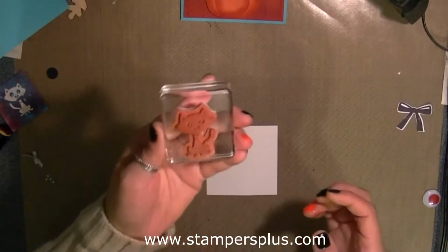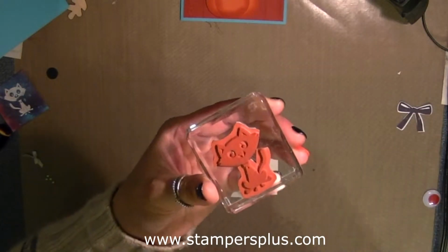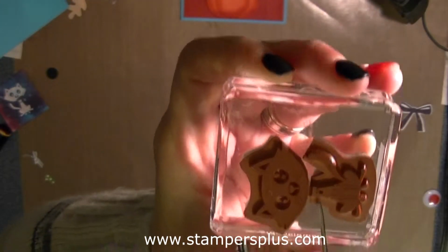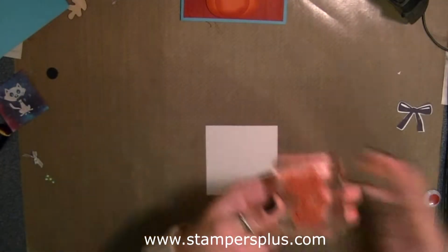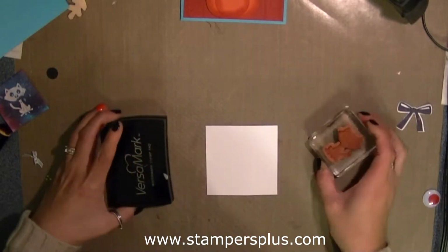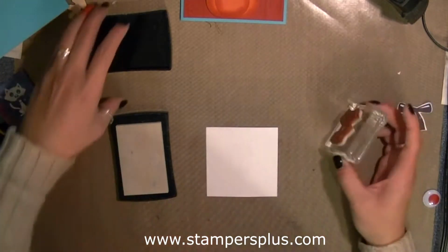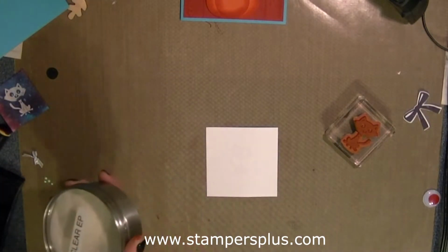Anyways, so here is the little furry cat, and what I have done was I already had trim this right down so that the head and the body actually meet the stamp itself, so that I'm not going to do some fussy cutting thereafter. So then what you're going to do is take your Versamark and stamp it right in the middle. Taking your clear embossing powder,